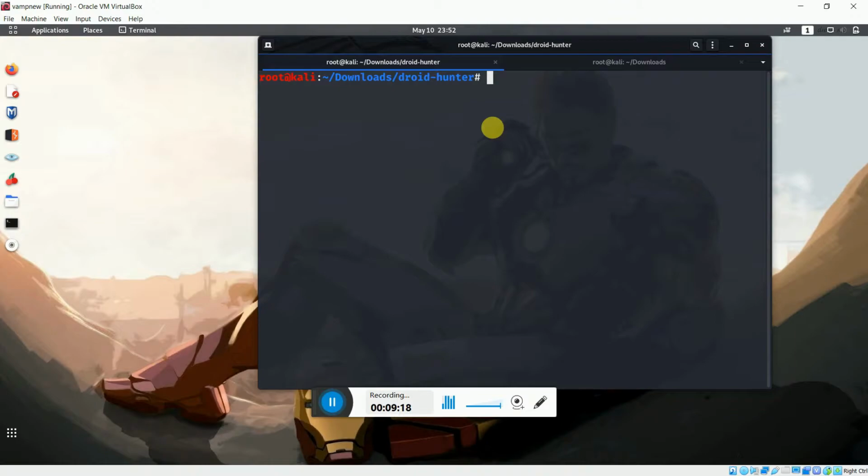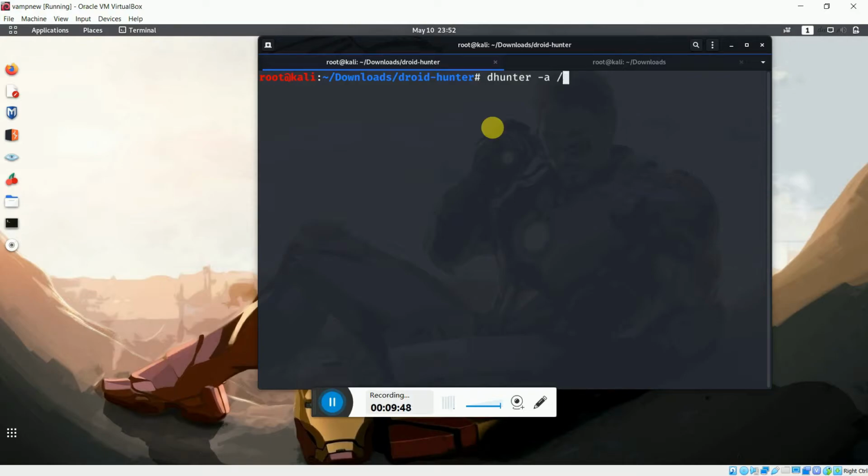Now we will see the procedure of how to use this Droid Hunter on any APK file. In order to perform our analysis or decompiling procedure on any APK file, what you have to write is dhunter, and after that -a, that is for analysis, and then you have to give the path of the APK file on which you want to perform your analysis.